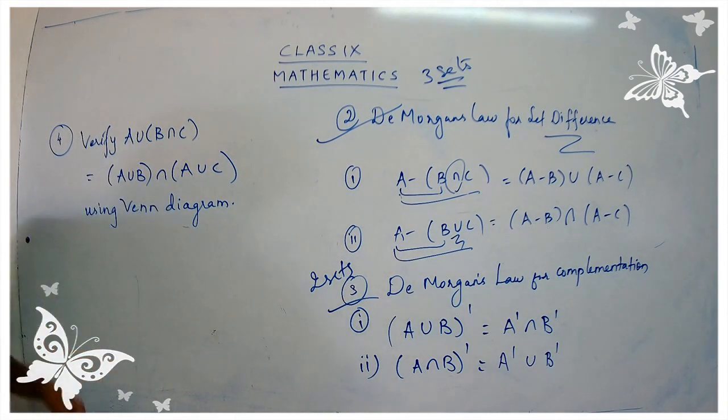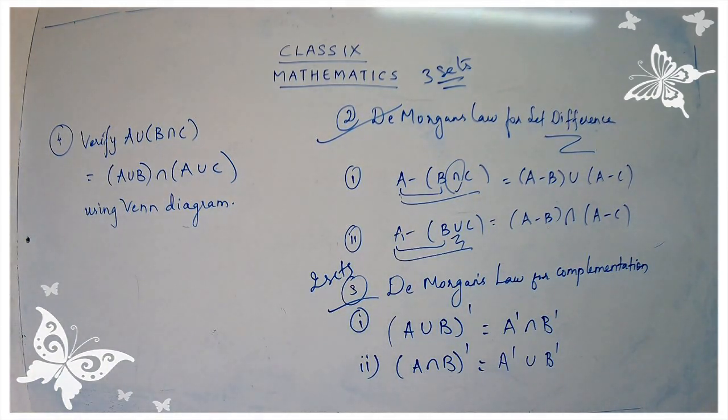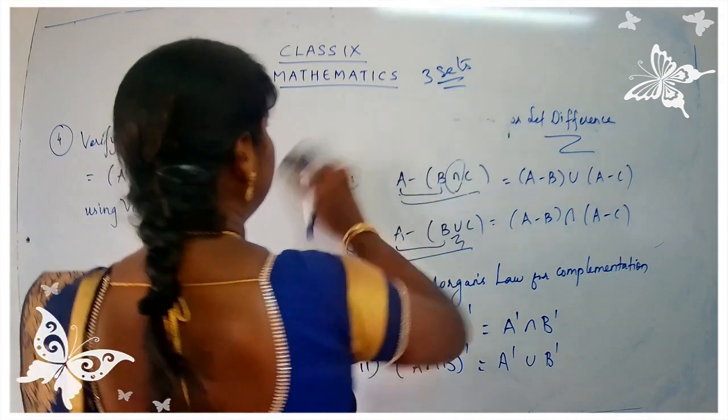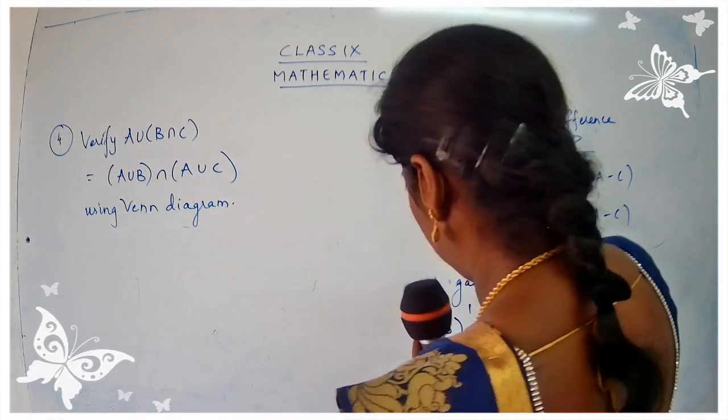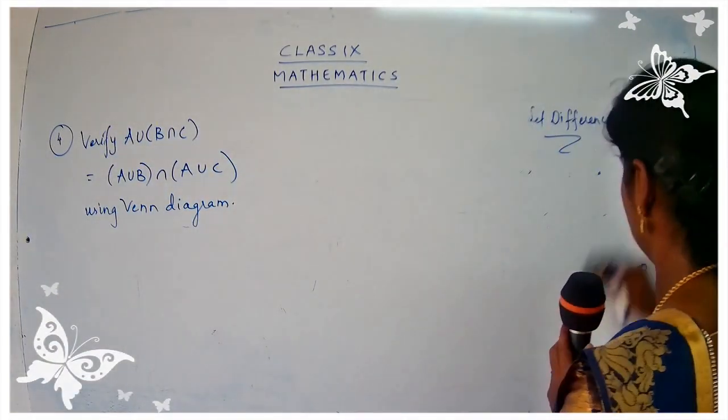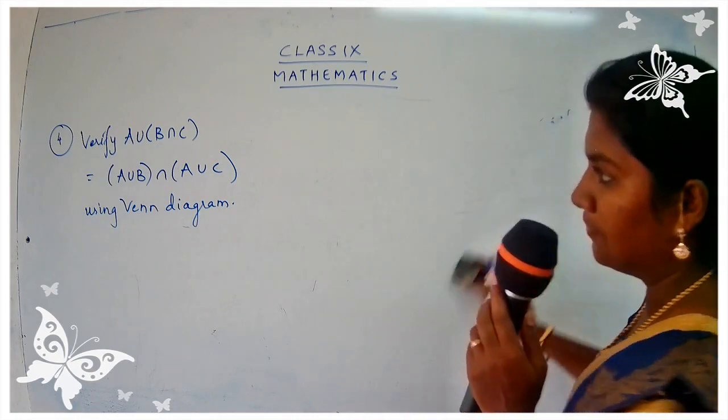Okay children, I hope you are ready with the questions. Shall we start with the answer children? Okay, so get ready with your pencils and your pro circle. If you don't have your pro circle, just get ready with your compass. Get ready with your pencil and compass. Okay, let's start with the answer here.